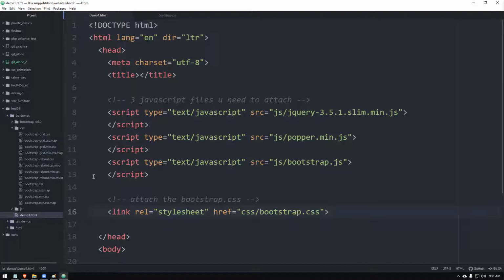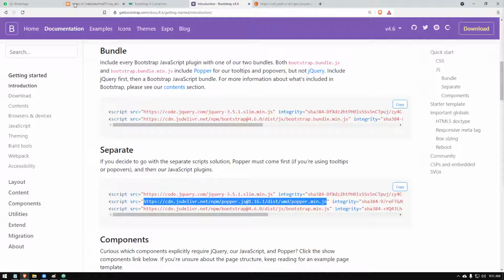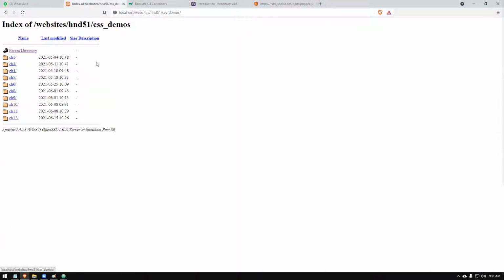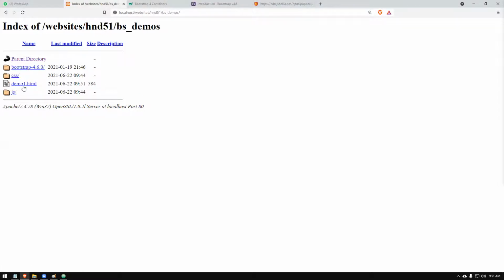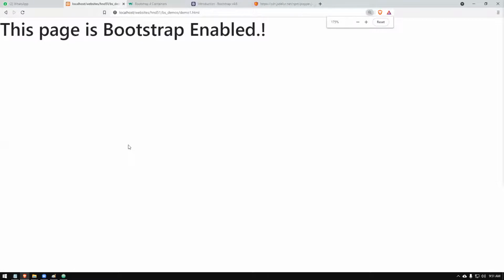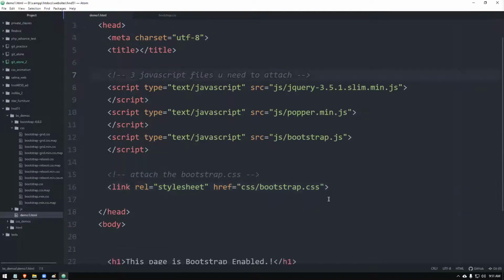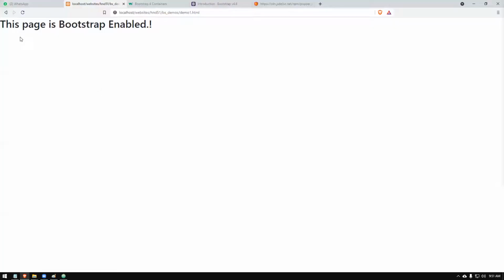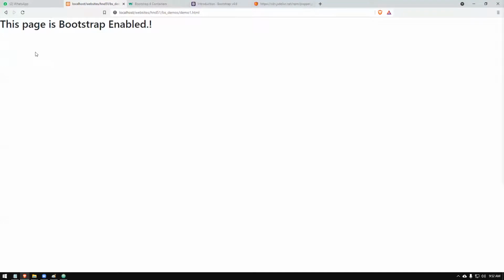So let's open the web page and see any changes in the fonts and everything. If there is a change that we can see, then it is a confirmation that Bootstrap is working for us. So if I open this file, you can see the fonts and all are appearing in such a way, right? So this is not normally appearing. For example, if I cut this whole thing out, it's not there. Now if I refresh, this is how the web page usually looks without any CSS or any other formattings. Now once I enable it with Bootstrap, it gets the structure, right?